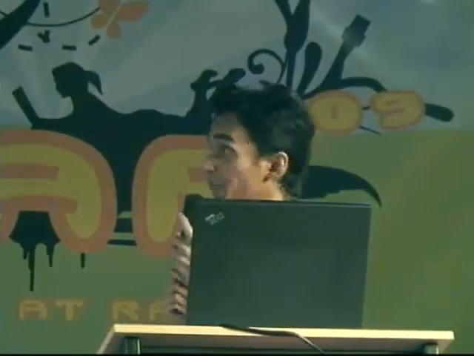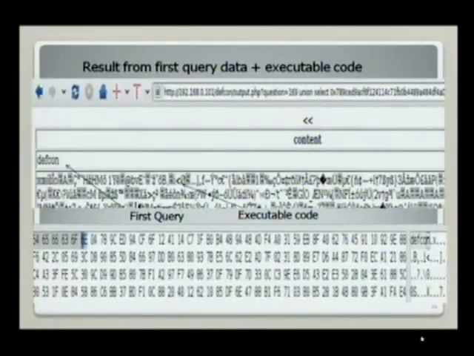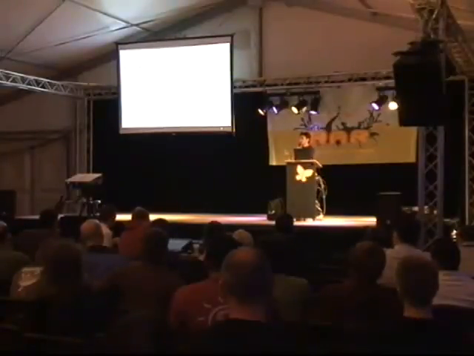And if you look here, the union select will combine the result from the first query with the second query. And you will find that the result from the first query can overwrite your file header. To prevent this from happening, what you can do is inject non-existing data in the where clause to force the application to return empty data for the first query. For example, here you can see the first query returns a string called defcon, and that will overwrite our file header. So if we change our question equal to 169 into question equal to any non-existing value, you will force the